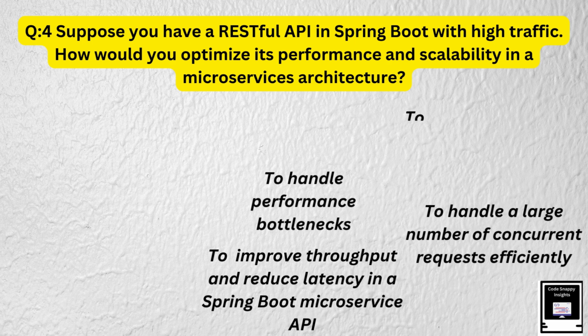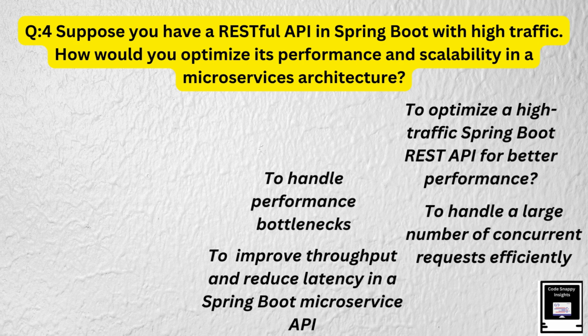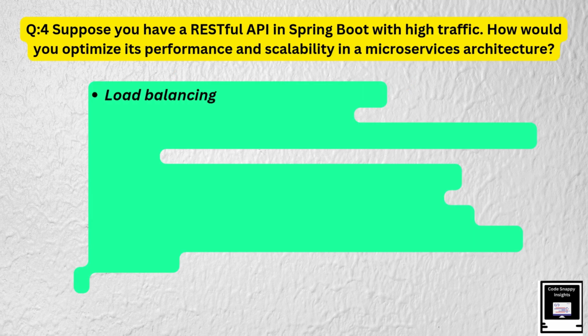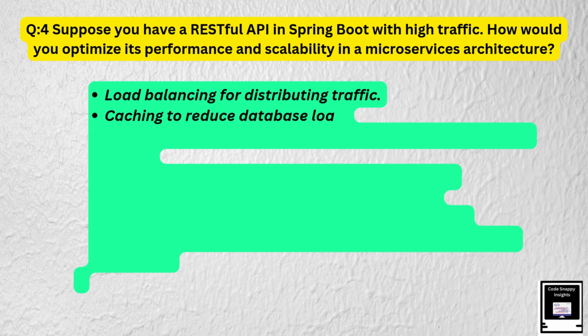I find that many questions about optimizing performance and scalability under heavy load are framed differently, but often lead to the same fundamental concept. It's fascinating how the same answer can be given to different questions, all leading to the same key strategies for effective API performance. Those are load balancing for distributing traffic, caching to reduce data load, horizontal scaling and auto scaling for handling